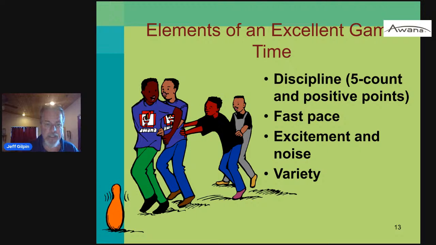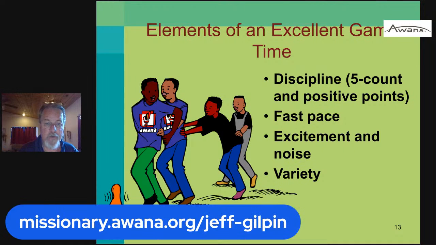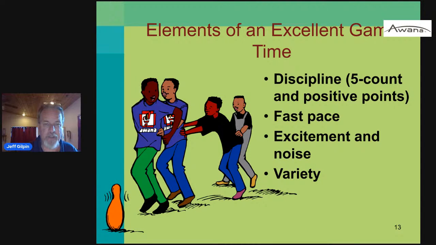The last thing I want to bring up is what do you do if you don't have a circle? So I gave you this. You can go on there, looking for games for small spaces, games that don't need a lot of space or are not circle games. You can play minute to win it games. I was talking to somebody just today, and a lot of kids are playing games already. So what if at game time, or now we're calling it interaction time,